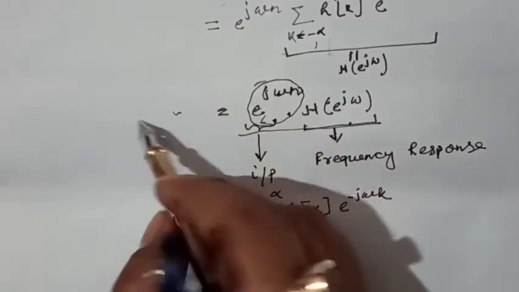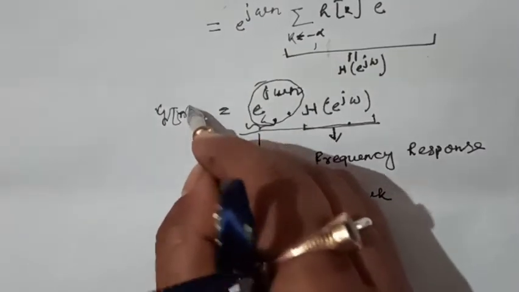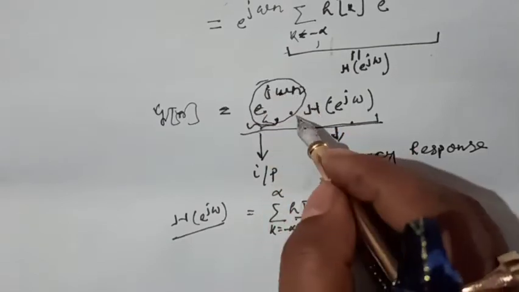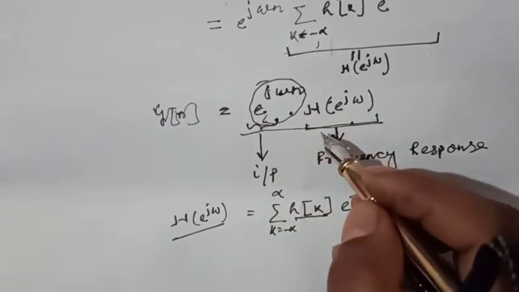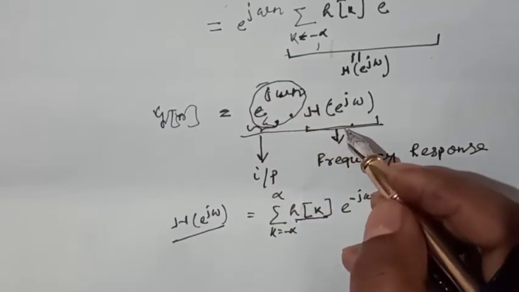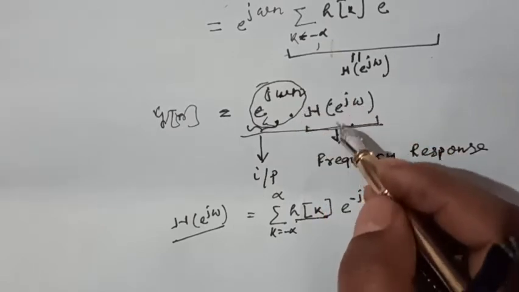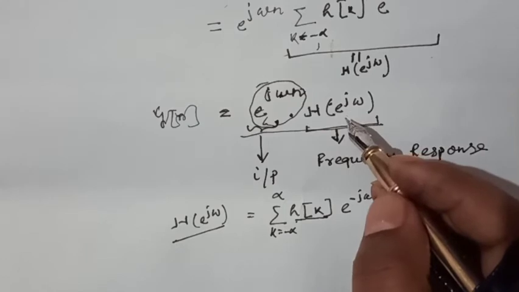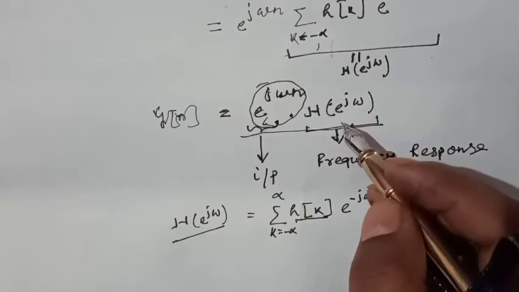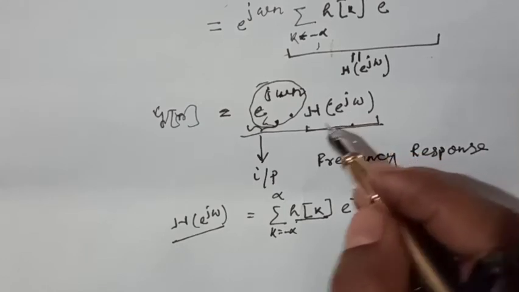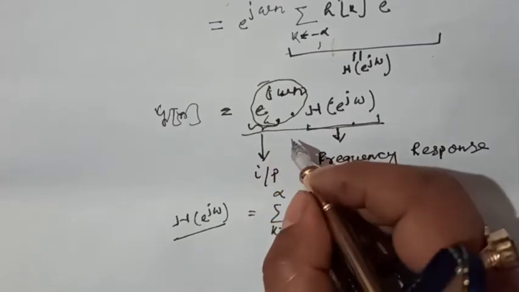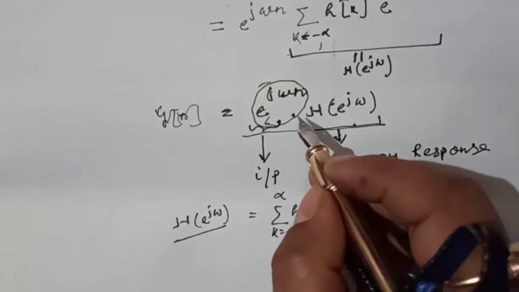The output y of n differs from the input by a complex constant. This is a complex quantity, a complex constant. If we take the magnitude, it will be a complex constant. Signals like this are known as the eigenfunctions. So what I mean to say is this type of signal